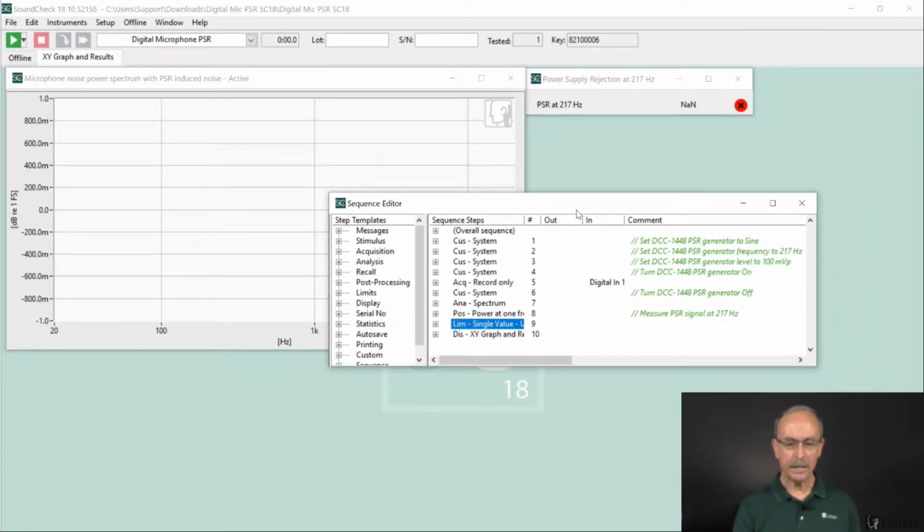So when I run this sequence, we're actually using the system custom step in here to send command line executables to the DCC to put it into different states. So the first custom step sets the generator to sine. The second step sets the frequency to 217 hertz. The third step sets the level. The fourth step turns the generator on. And the fifth step turns the generator off, and in between the fourth and fifth step, we're actually doing a record-only acquisition. Then we'll take the recorded time waveform, acquire the spectrum through the analysis step here,